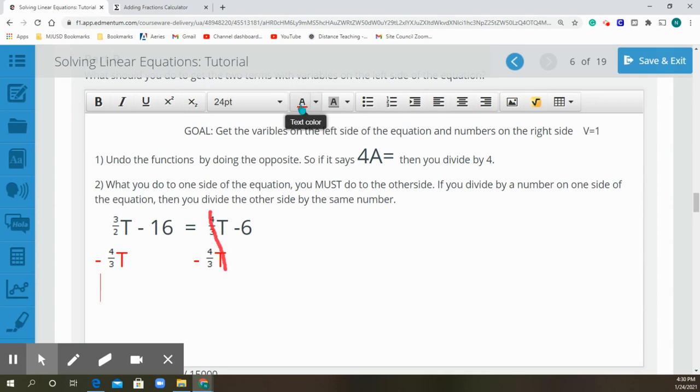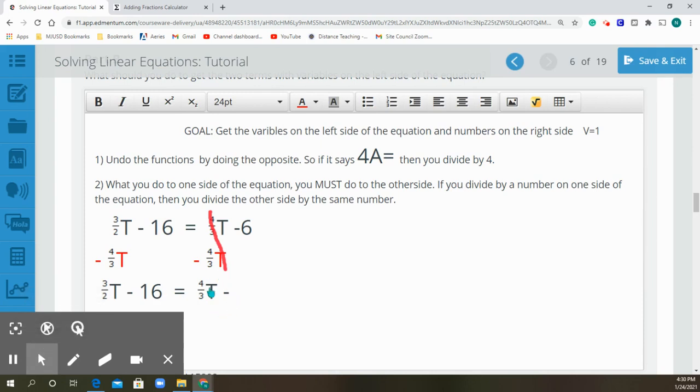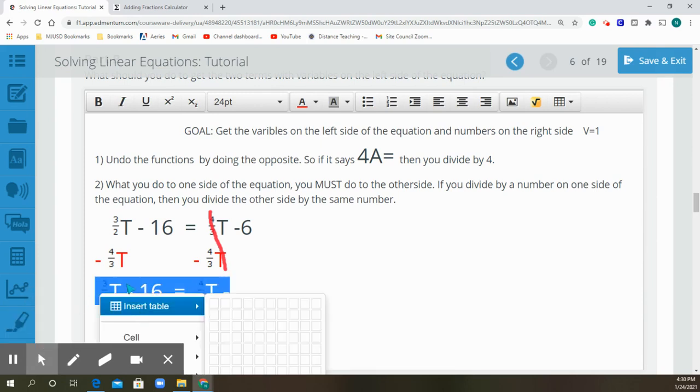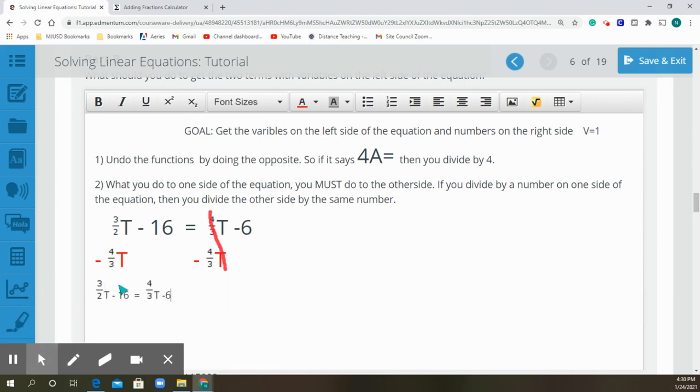and I think my text color is going to be wrong, but let's go. So we subtracted this. Edit, undo. No. Let me try again. Things happen. So, font size 24. Okay. So we subtracted this, so I want to get rid of that. All right. And we subtracted